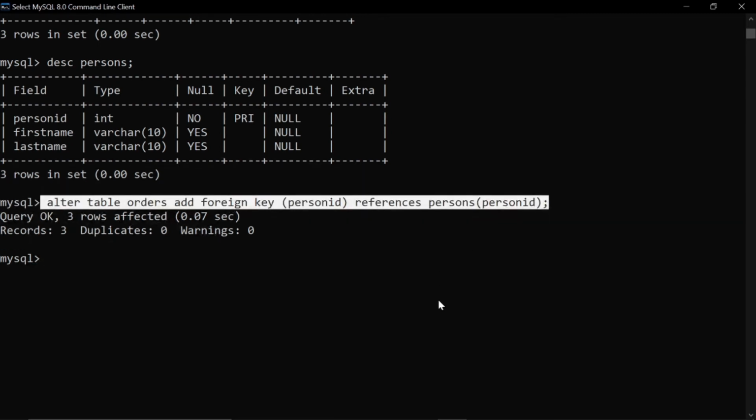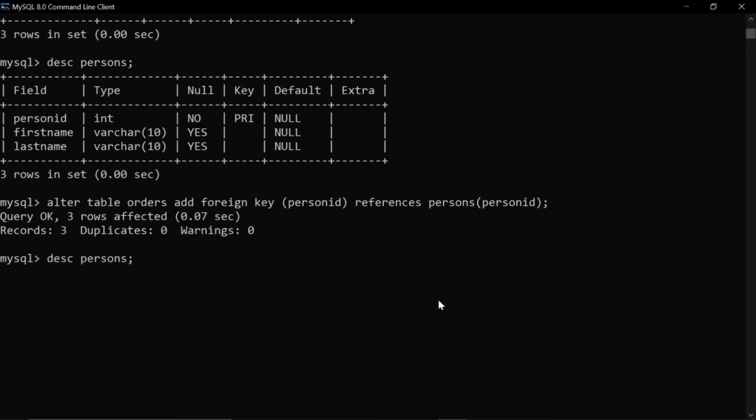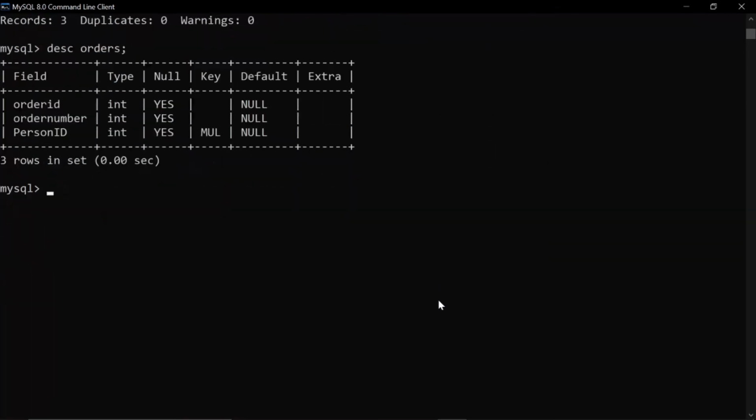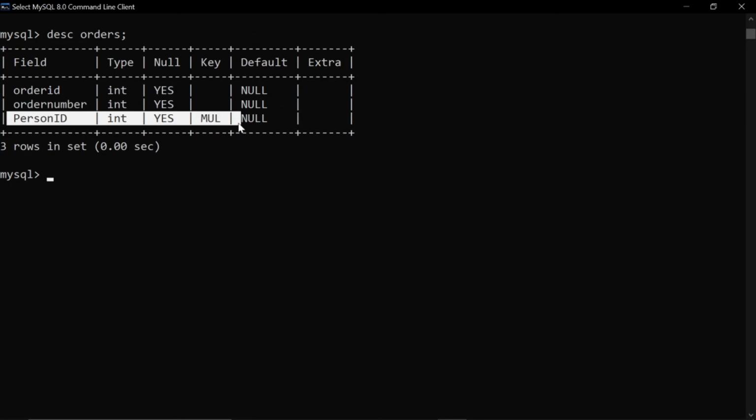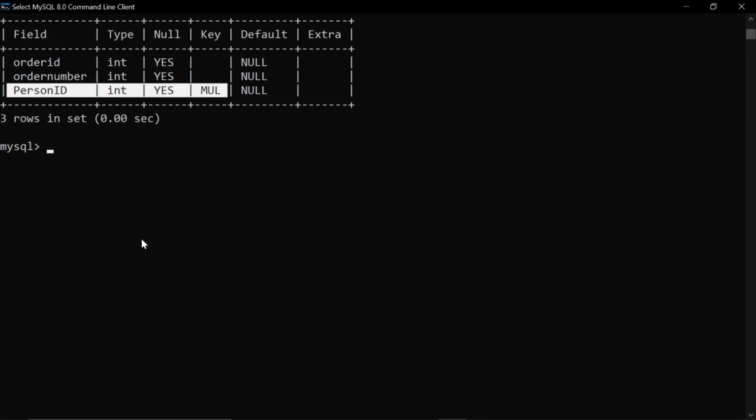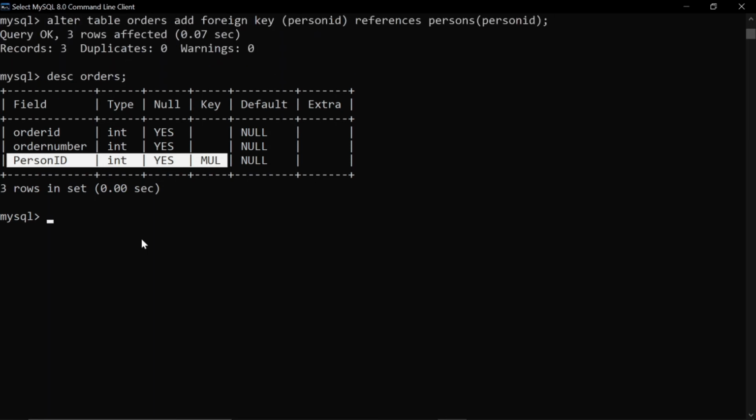Now if I describe the table again, you can see that in person ID it is showing MUL, meaning the foreign key has been allotted. So this is how you use the foreign key with the help of the create and the alter command.